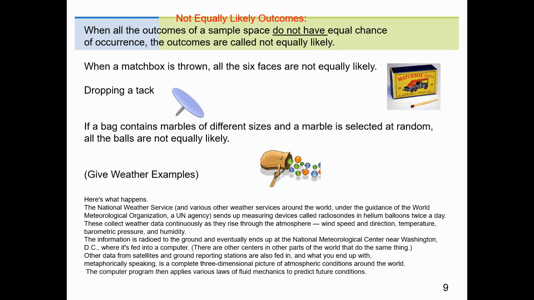No. Meteorologists fly balloons and they'll come up with a probability. Tuesday, probability that it rains is 10% or 20%. Right? And they use all sorts of science, actually. You can read this over here about the National Weather Service and how they float balloons into the atmosphere and collect wind speed, direction, temperature, and they come up with a probability that it's going to rain, or if it's wintertime, probably it's going to snow, and so on and so forth. All right, things are not equally likely. Raining and not raining on a particular day is not